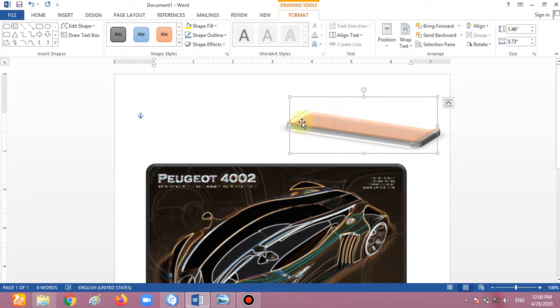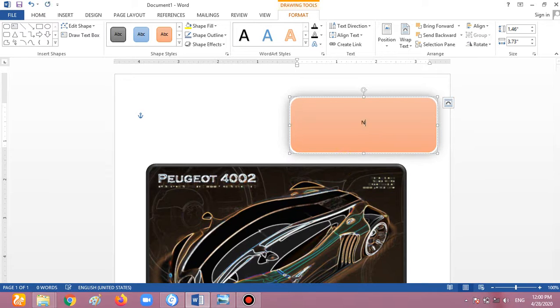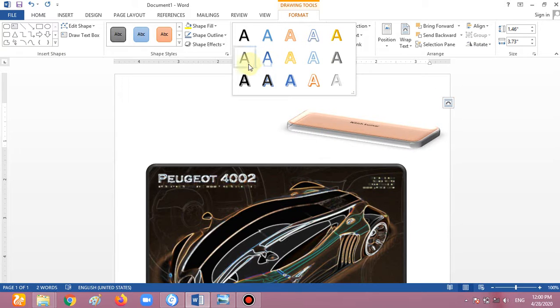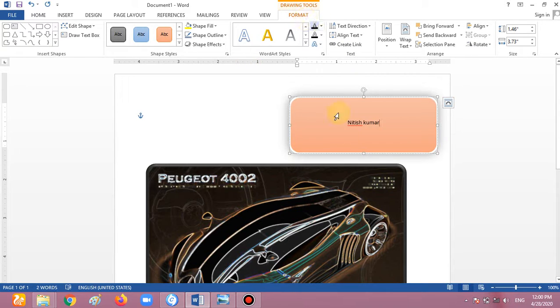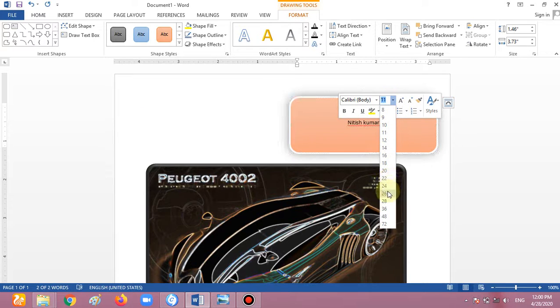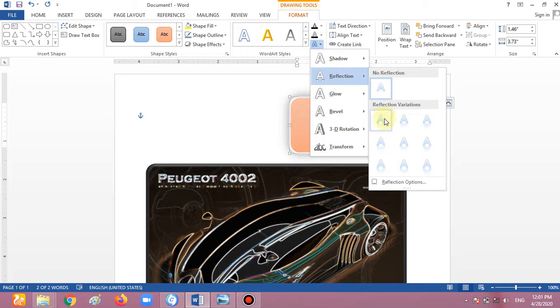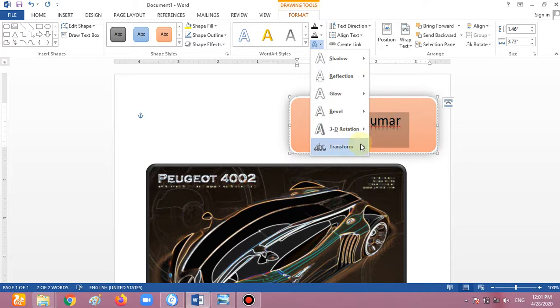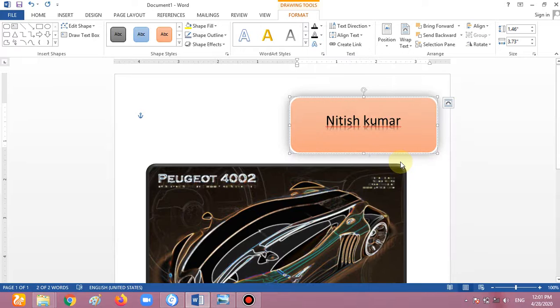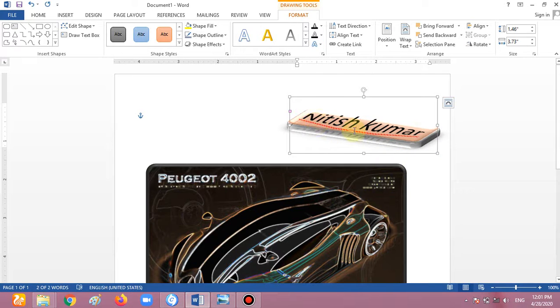We can easily write anything on this one. For doing that right now, I am clicking the right mouse button and add text, and then we can write anything on this. When we are writing, then this format is also active. We can choose any format from this one. And one more thing, we can increase the size also, because it's too small for this one. I'm increasing the size. There are also some effects if you want to give. Now this one, this is the effect which I choose for this one.